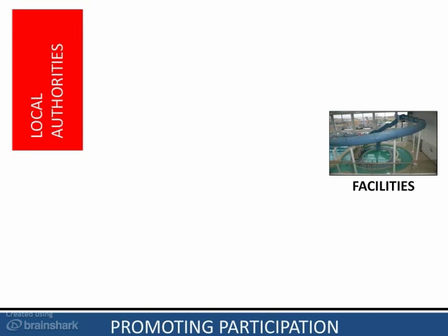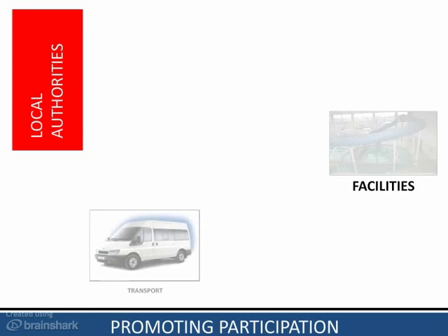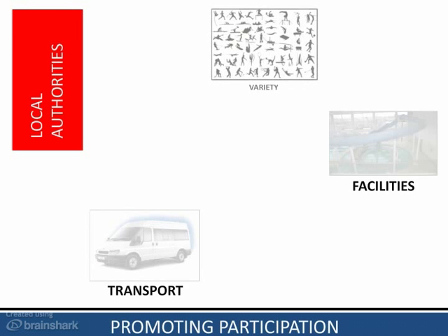Now, one of the first and probably the most obvious examples to give is that of facilities. In most towns there's some kind of leisure centre, leisure facility, as you can see in the image here, but they might also be responsible for providing facilities such as tennis courts in the local park. It's equally important that local authorities provide transport for members and individuals of the community who might not be able to get to these facilities, and so transport would be another thing they do in order to promote participation.